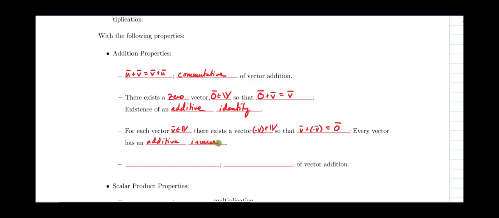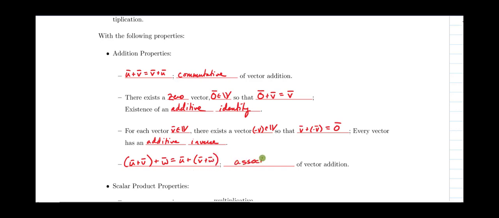We have a final property of vector addition, and that is vector addition is associative. So if I were to take the vectors u plus v, sum them together, and then add that to vector w, what I get is the same thing as if I added together the vector u plus the sum of vector v plus w. So that's my associative property